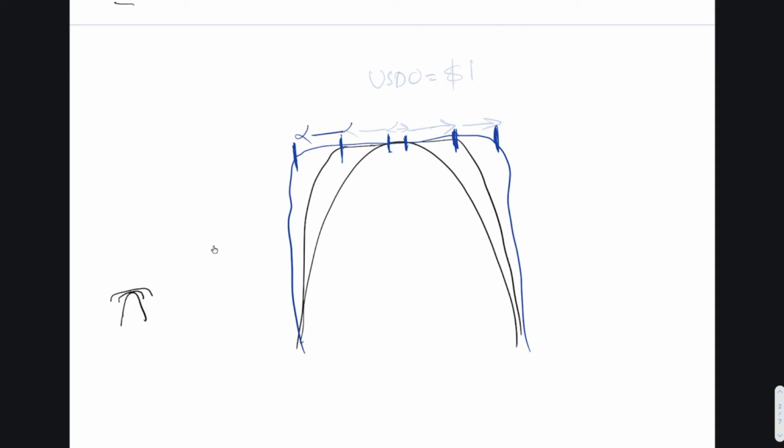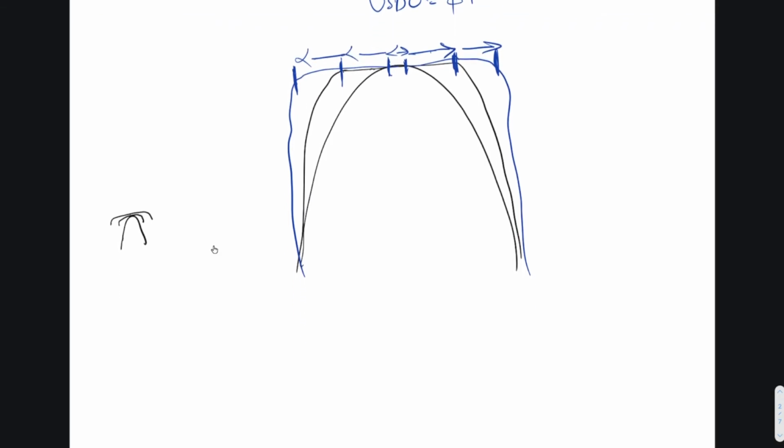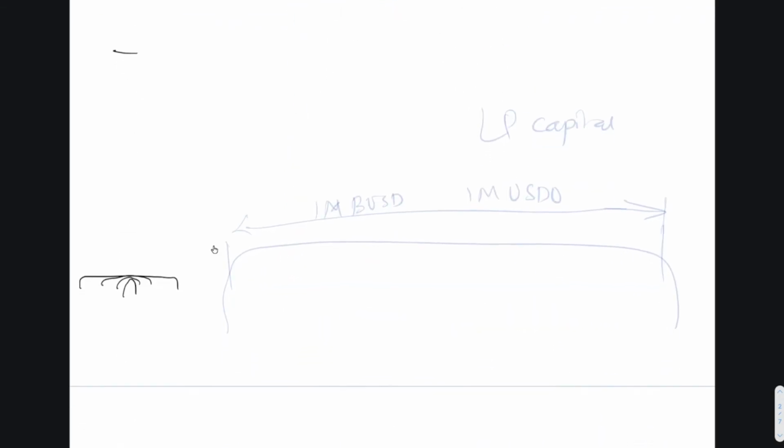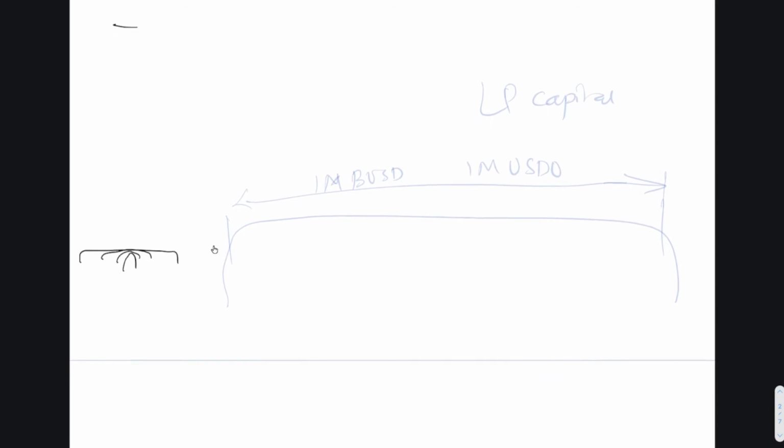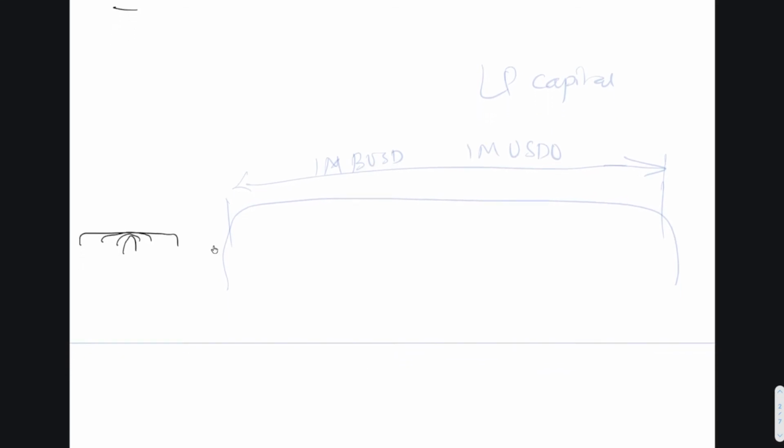Okay, so which means that the peg stays at 1 for longer, which means our main objective, which is USDO equal to $1, is being achieved. Since yesterday, we are already seeing USDO trading at parity. Now, sure, all of this helps, but what we really need to do is we need to not only have this,